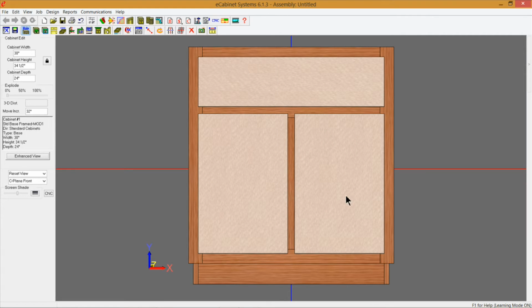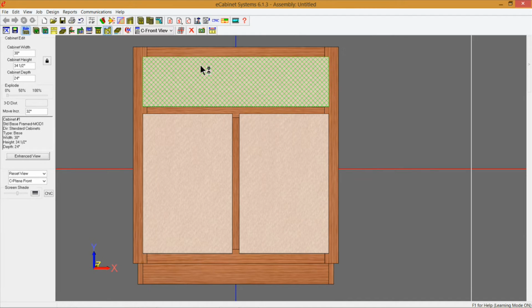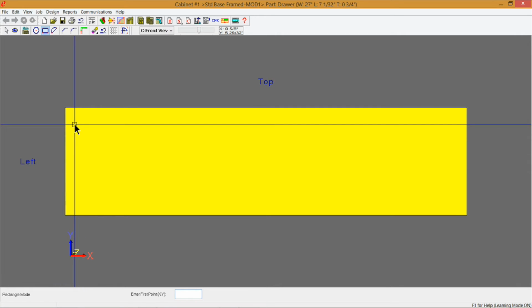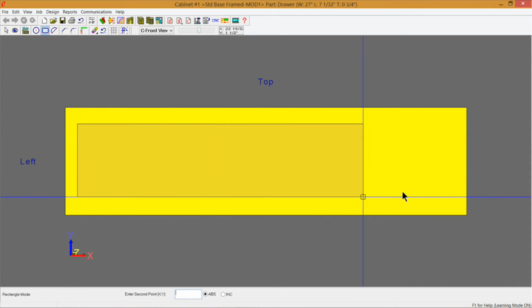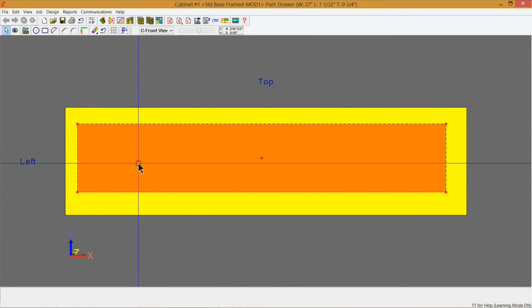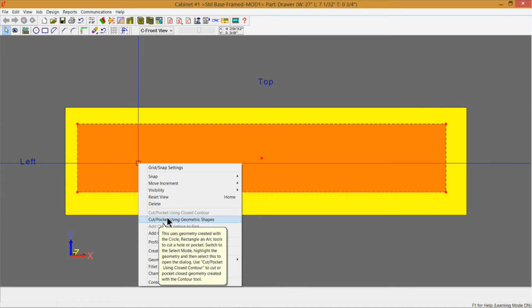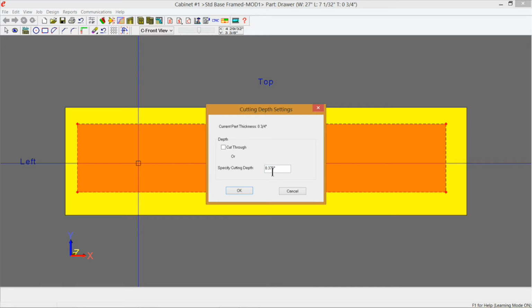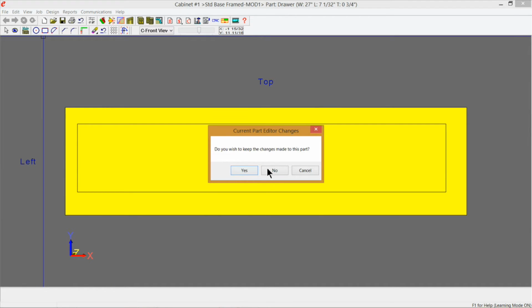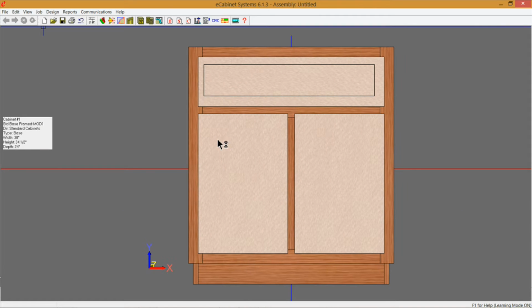So what we could do now is take each one of these into the part editor. So I'm going to select my drawer front first, go into the part editor, and I'm going to use a rectangle right here, and we're going to create a geometric shape on here, and we're going to select that. I want to select that rectangle, and I want to cut pocket using geometric shape. Now I've already got my depth set here at 3/8 of an inch, so I'm going to keep that. I want to click OK, and now I can go back in the main, keep the changes, and I can do this door here,